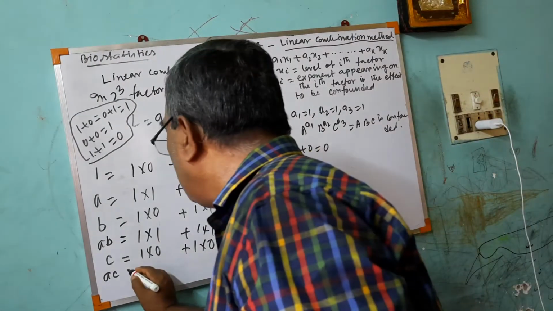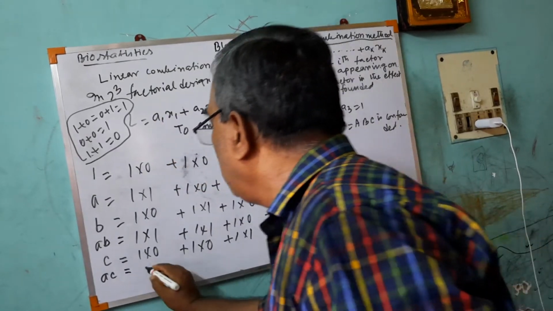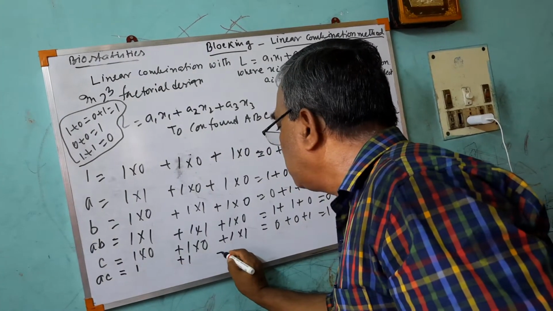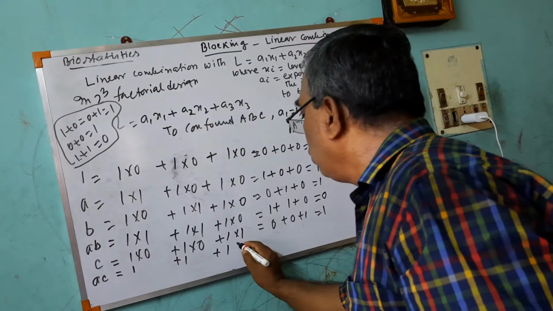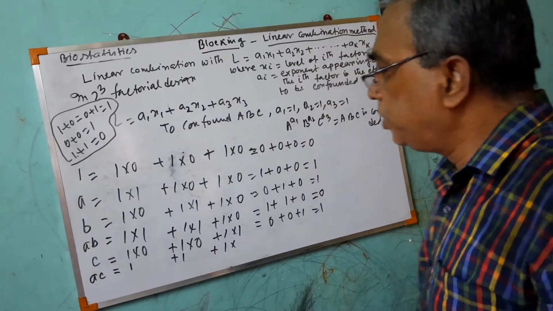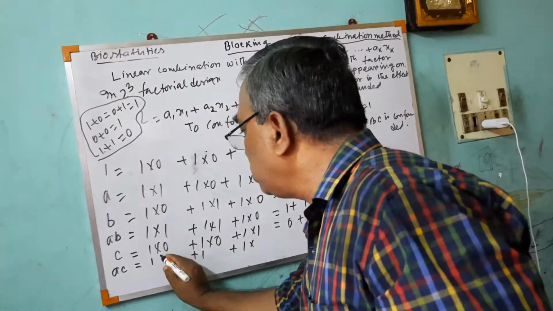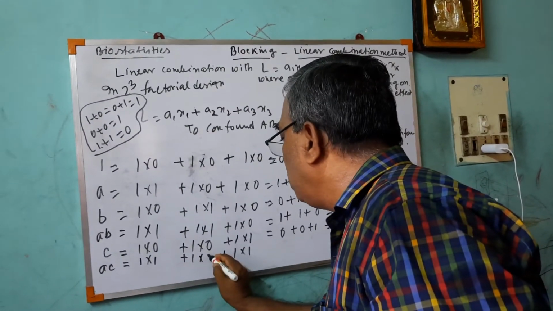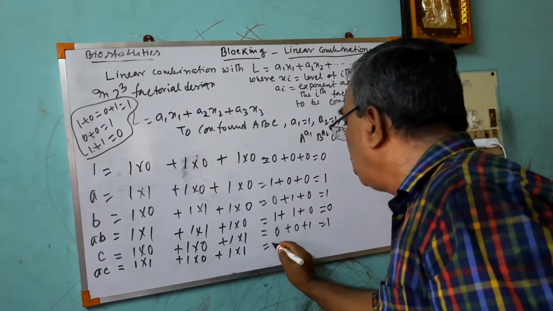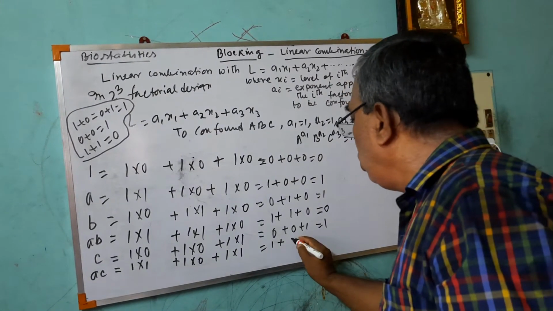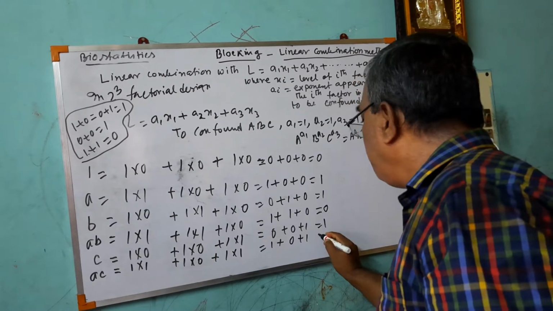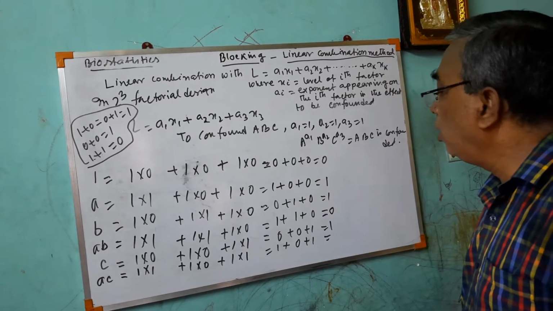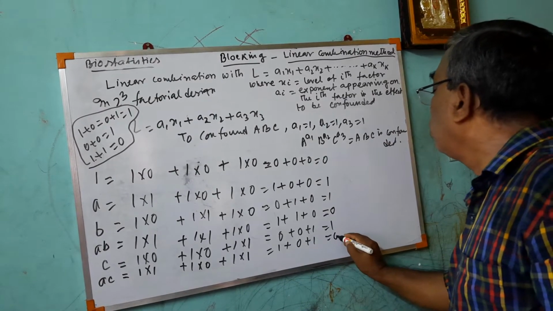In case of AC, you have to write 1 over here, plus 1 over here, plus 1 over here, into, in case of AC, that means x1 is 1, A and C, that means this will be 1 and this will be 0. So 1 plus 0 plus 1. That means 1 plus 0 is 1, 1 plus 0 is 1, 1 plus 1 is 0. Then